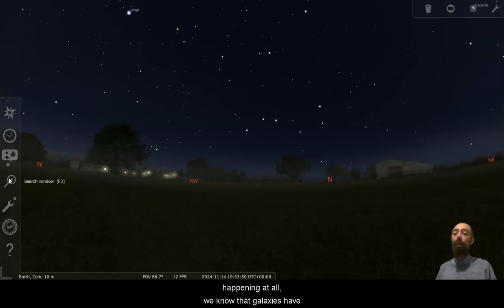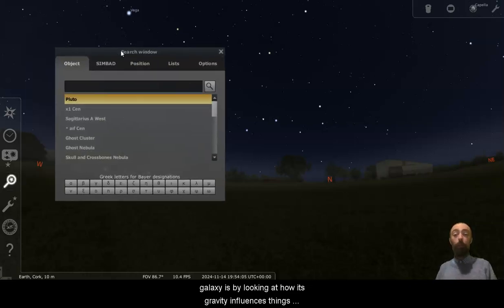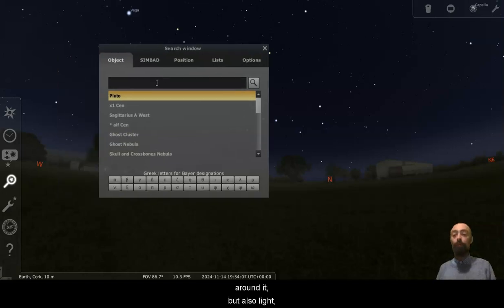We know that galaxies have a lot of mass. Galaxies are huge, heavy things. And one of the ways that we can tell the mass of a galaxy is by looking at how its gravity influences things around it, but also light.